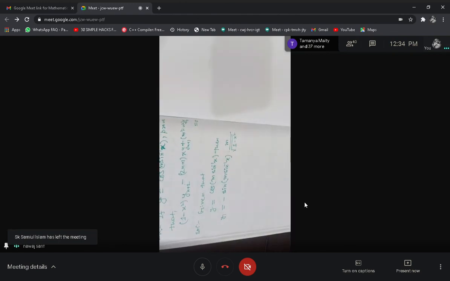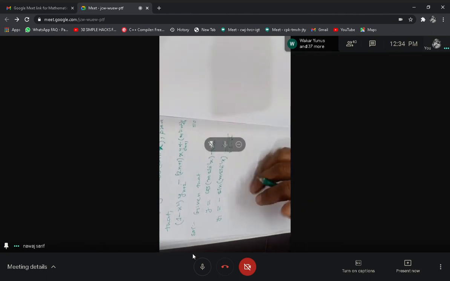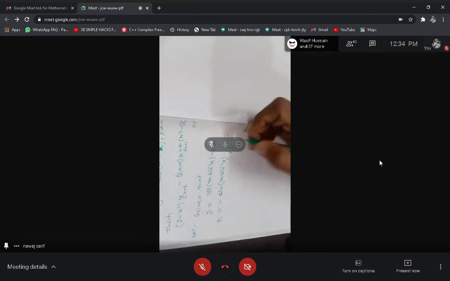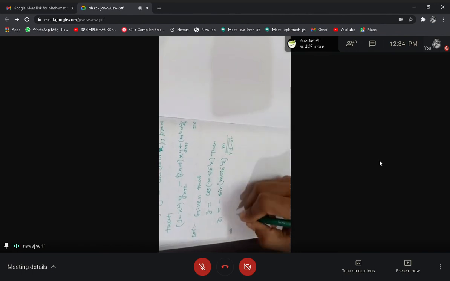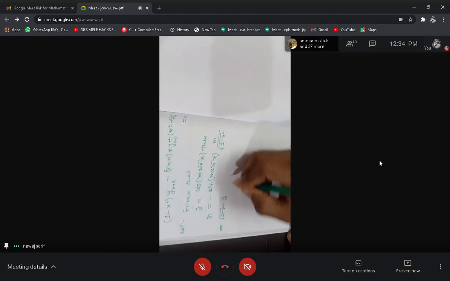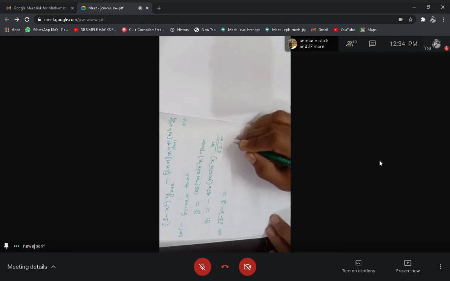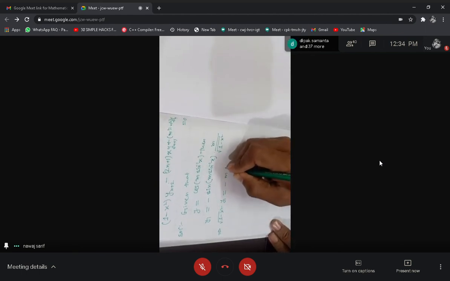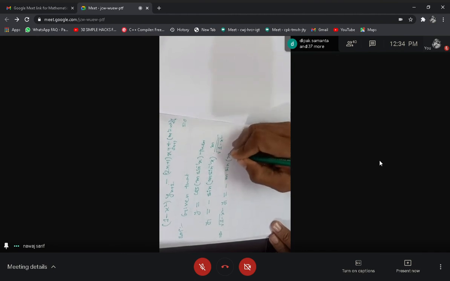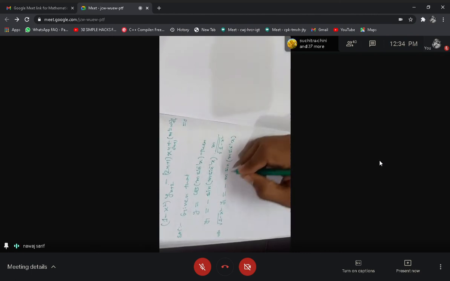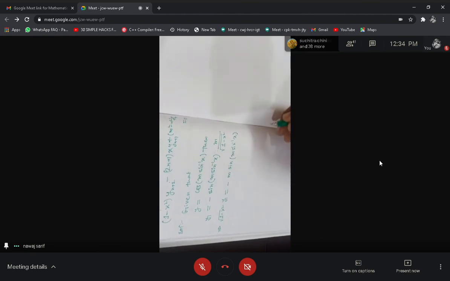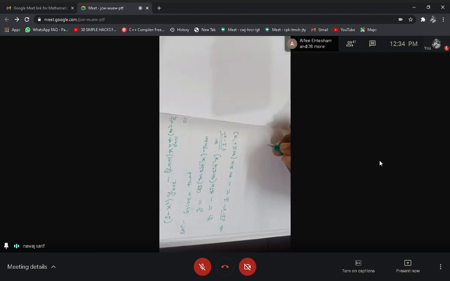So multiply both sides by square root of 1 minus x square, we will get square root of (1 minus x square) y1 equals minus m sin(m sin inverse x). Okay, so now squaring both sides, we will get